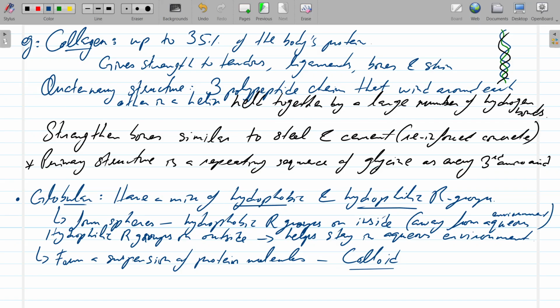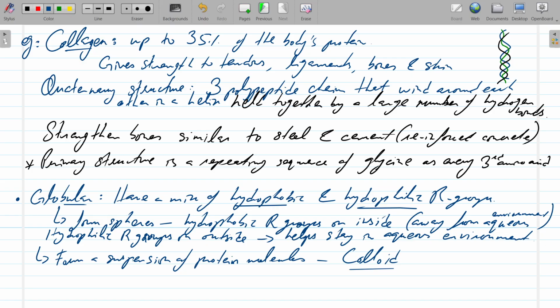It's not dissolved like sugar or salt would dissolve in water. It is suspended uniformly throughout, and they don't settle, but it also makes them difficult to